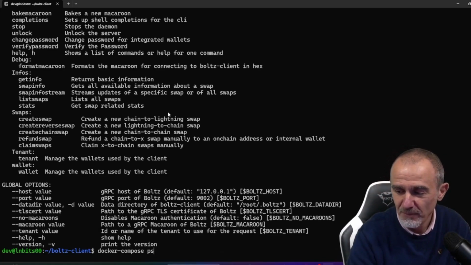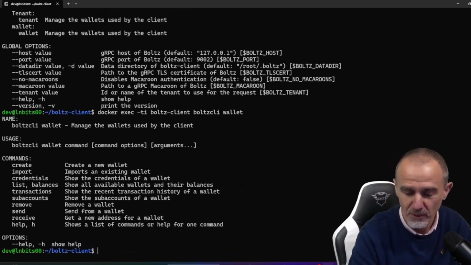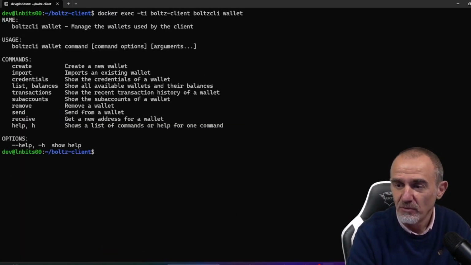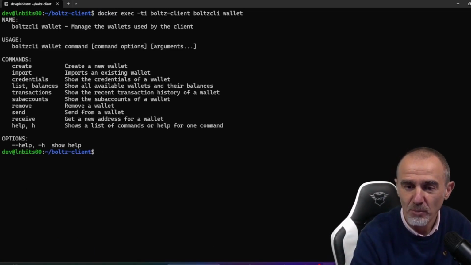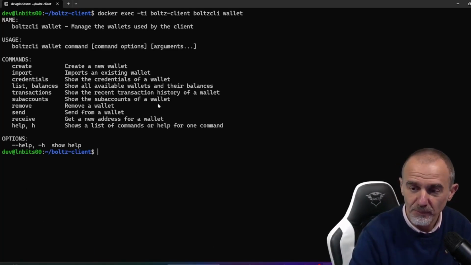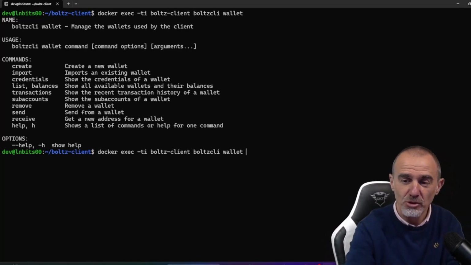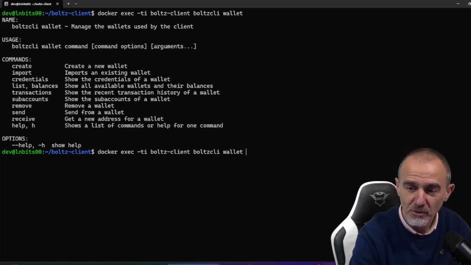So how do I see this in practice? I simply run this command right here. Let me clear the screen first to make things easier to follow. I run this command, which lets me manage the local wallets very easily, giving me a clear view of everything. What I want to do now, first of all, is to check the balances of my